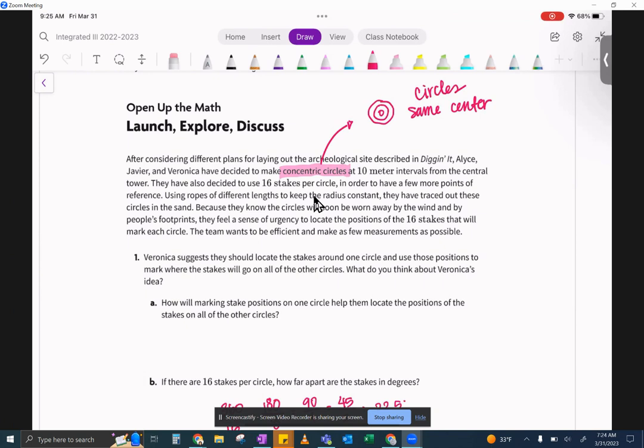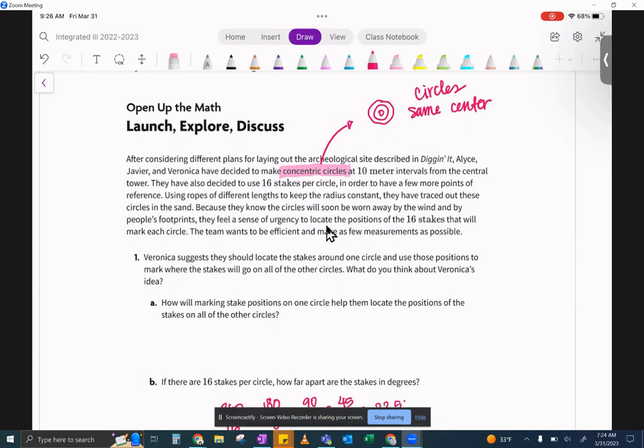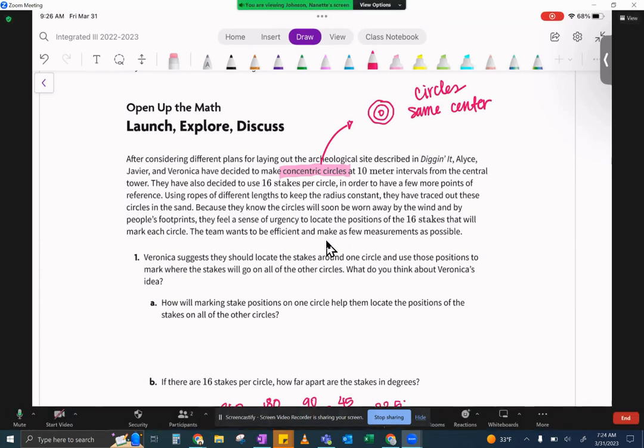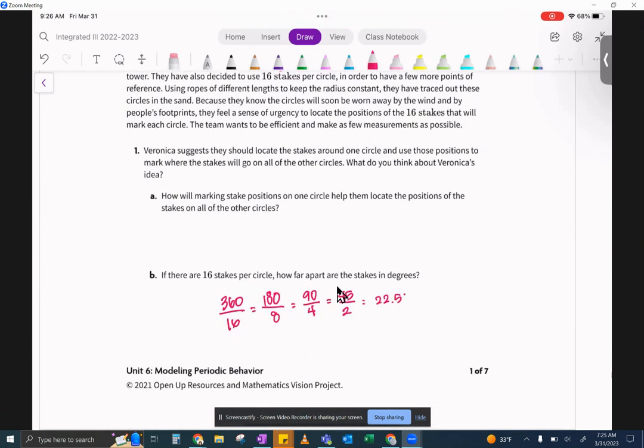In order to have a few more points of reference, using ropes of different lengths to keep the radius constant, they've traced out circles in the sand, because they know that circles will soon be worn away by the wind and by people's footprints. They feel a sense of urgency to locate the points of the 16 stakes that will make each circle. The team wants to be efficient and make as few measurements as possible. Veronica suggests that they should locate the stakes around one circle